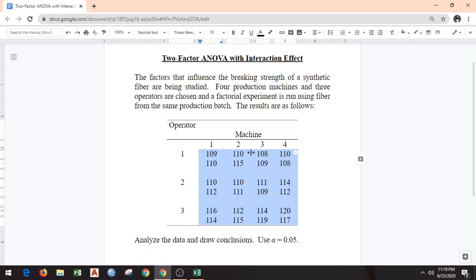If there were no differences among operators, or no differences in machines, and assuming all other production conditions are exactly similar, so there is no standard noise, which is virtually impossible, but just under that assumption, every time we perform the experiment we are going to get the same value of breaking strength, because no differences in operators, no differences in machines, and no other noise, right? No other standard error.